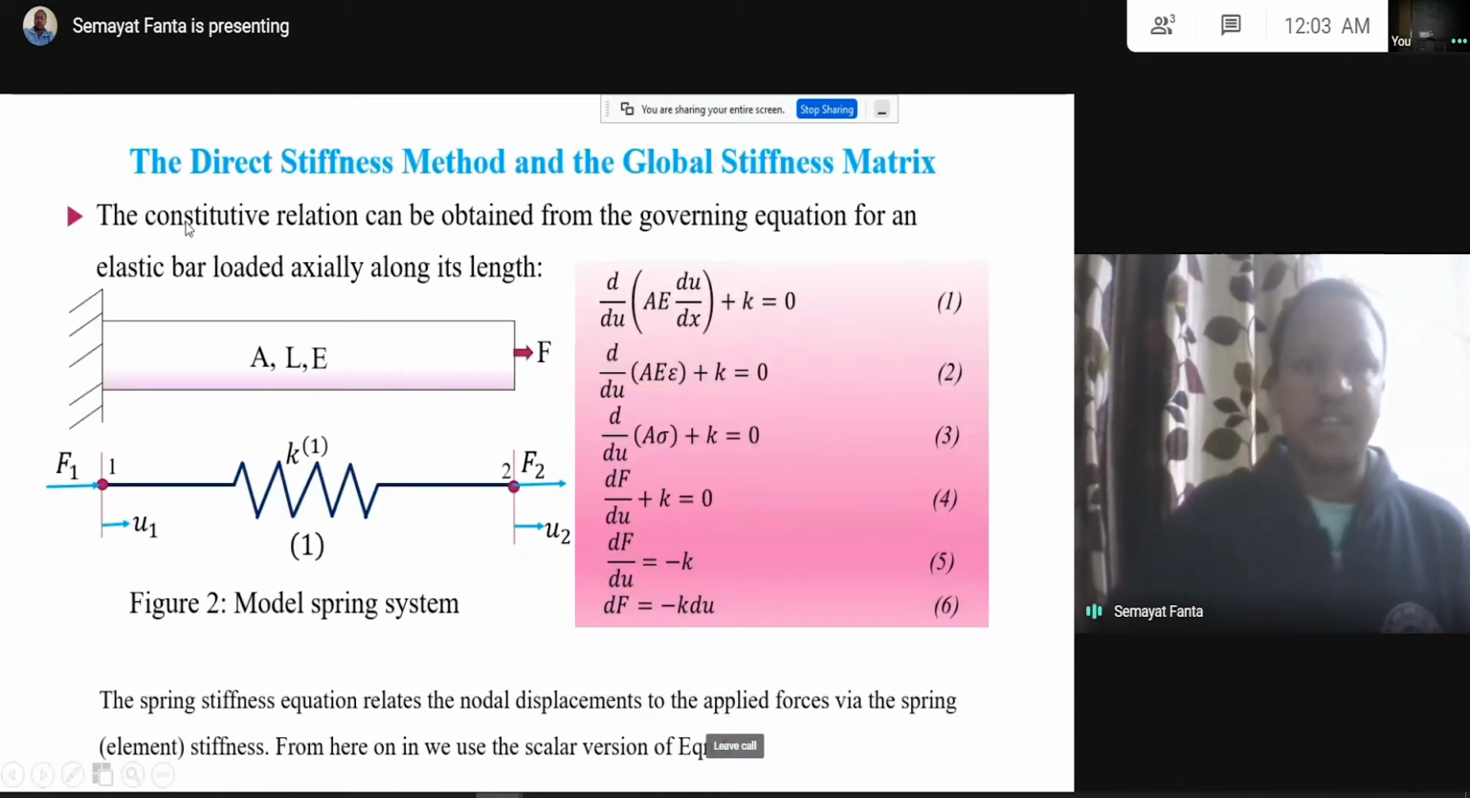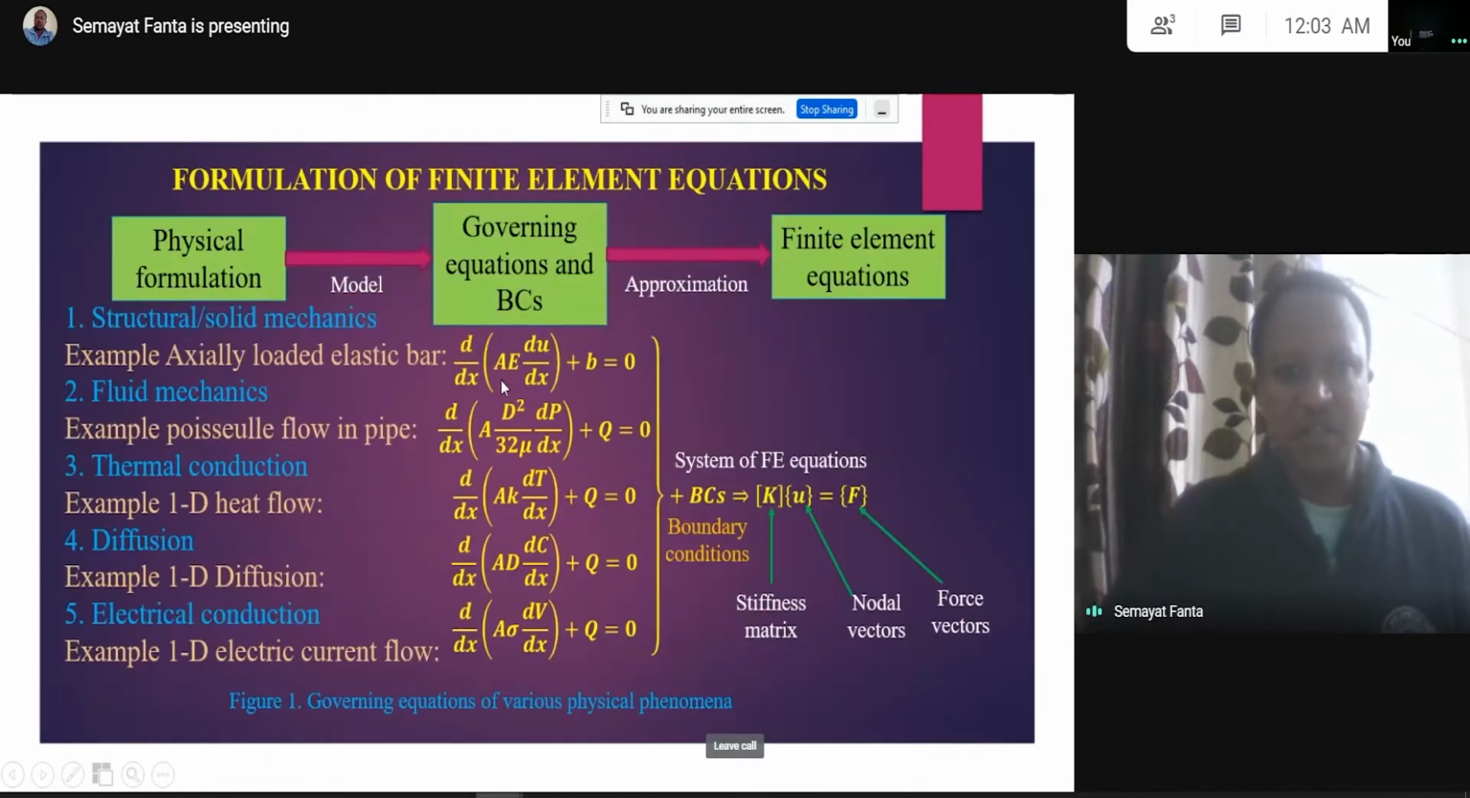So let's just see. The constitutive relation can be obtained from the governing differential equation for the elastic bar loaded axially along its length. So from the first, actually this one is not K, but we can take it B. So let it be K, no problem. But for our convenience of representation, this case should be P, the body force. Okay, so we can take this equation,